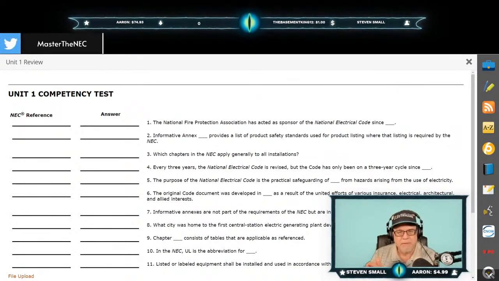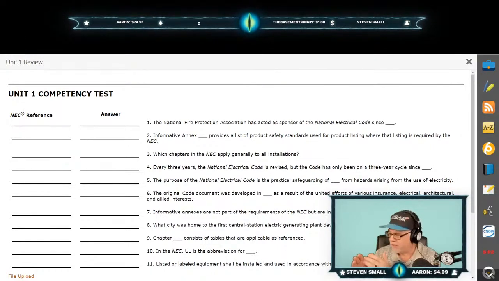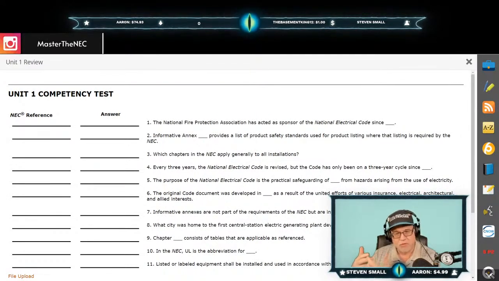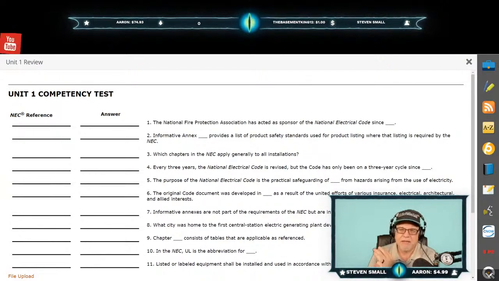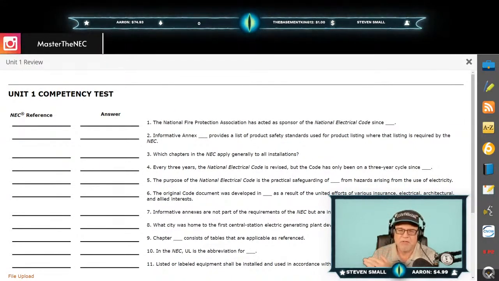Now, of course, you're in Unit 1. People say, well, what NEC reference would I give? You give wherever you found the information. If it's in the front of the course book, you put front of the course book. If it's in the front of the NEC, where you have the introductory information, then you put NEC front page or NEC introductory. But don't leave things blank. The key to being successful, look, you're trying to prepare for your exam, right? The key thing to being successful is that you want to make sure that you do repetitions and that you're